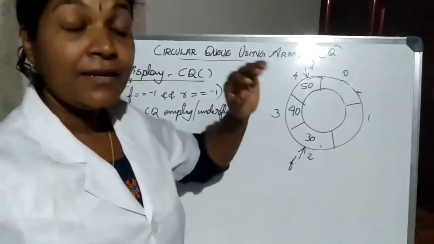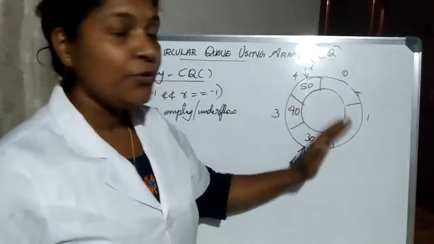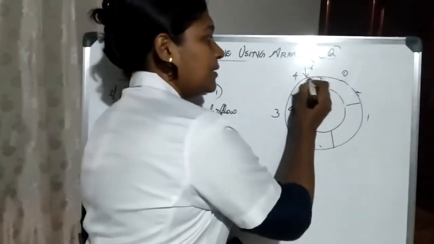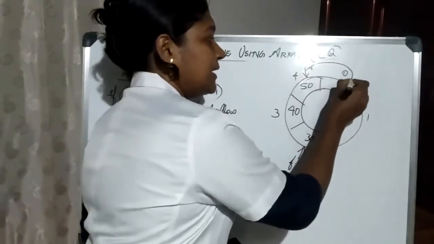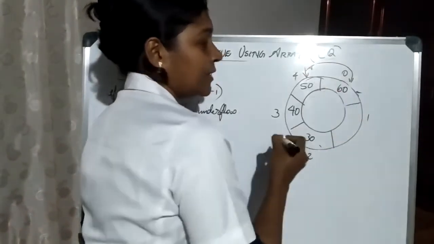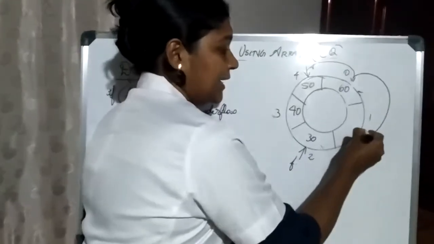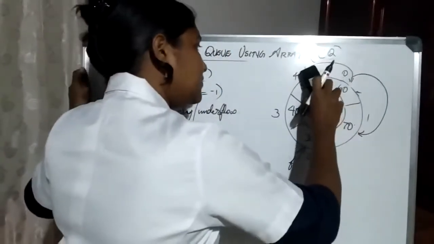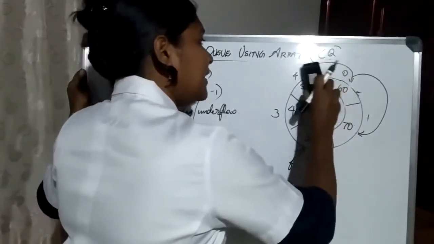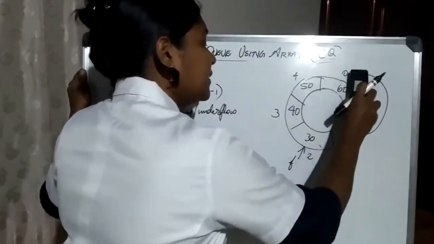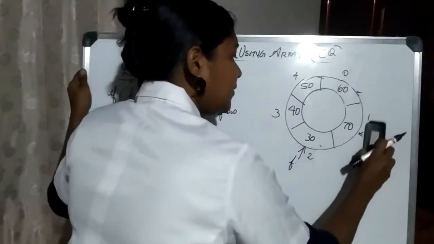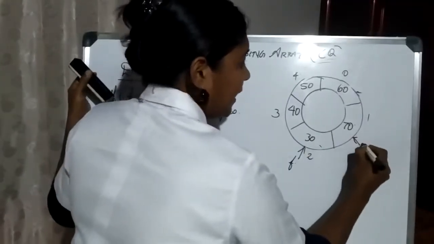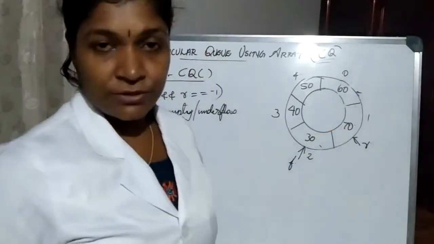Okay, and listen carefully. I'm going to perform two enqueue operations. So, performing the next enqueue, 60, then again the next enqueue, 70. Now you check the value for rear and front right now. To which location is front pointing? Front is pointing to position 2 and rear is pointing to position 1.